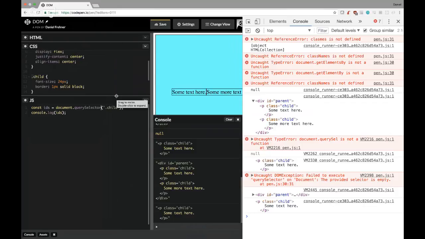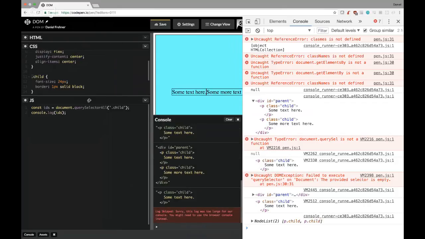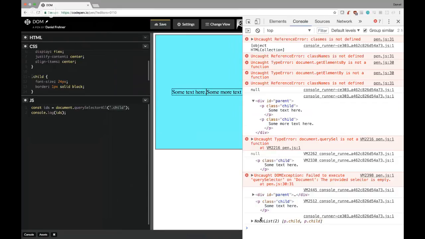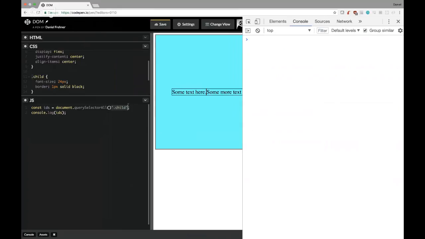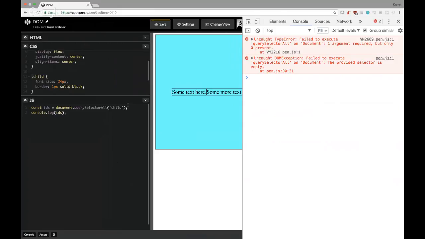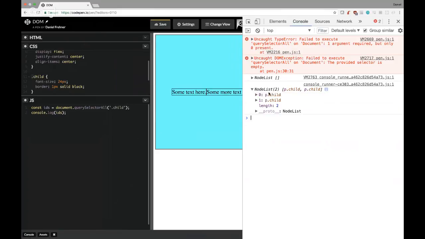If we want to do it kind of like in the same way that we do get elements by class name, we can say query selector all. And query selector all is going to give us an array. It's always going to give us an array back with all of the items that match that selector, right? So we can see that we have, let's do this again. Nothing in there. This thing is a child. There we go. So now we can see that we have both of our children in here,